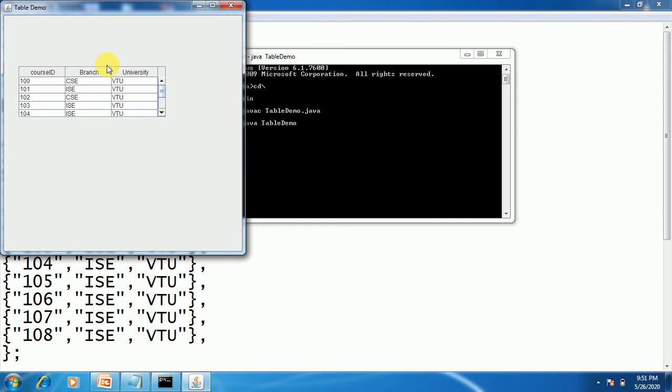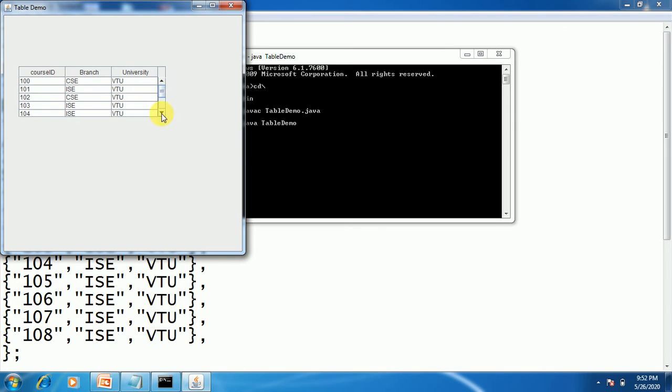Okay, here this is what a TableDemo, that is the JFrame, shows. Let's watch what we have passed. So now this is a table: course ID, branch, university. These are the column heads, and these are the values I have added. I have added 9 rows, but whatever boundary we have set for it, it's only this much, so it is unable to show you all the content. That's why it has added the vertical scroll bar.